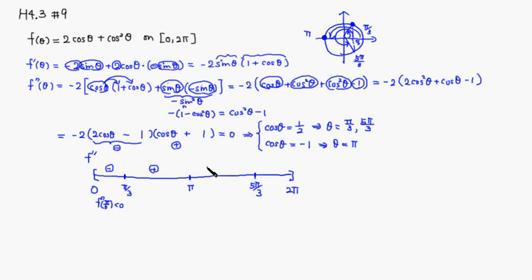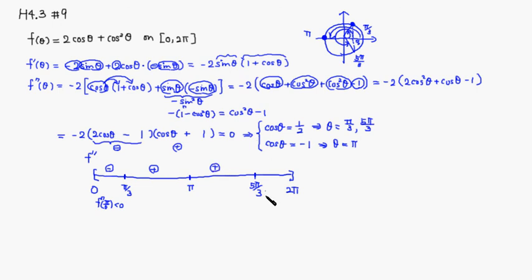Right. All right, so let's look at the angle between pi and 5 pi over 3. So we're looking at the angle here, or we can try, you know, 3 pi over 2 or something like that. But anyway, we just have to look at the sign. Right, so 2 cosine of theta minus 1 is going to be negative because the cosine value could be negative here, so that's going to be negative there, right? Then after that, it's negative, and cosine of theta plus 1, so that's going to be positive, right? So you can see that it's still positive here,